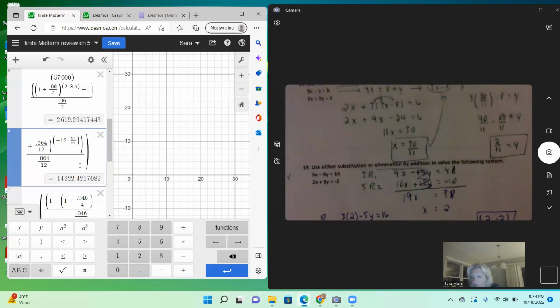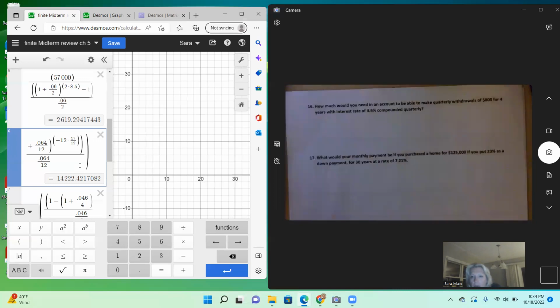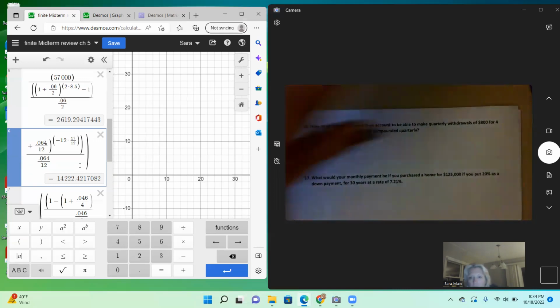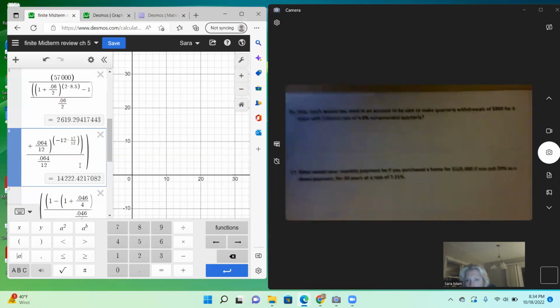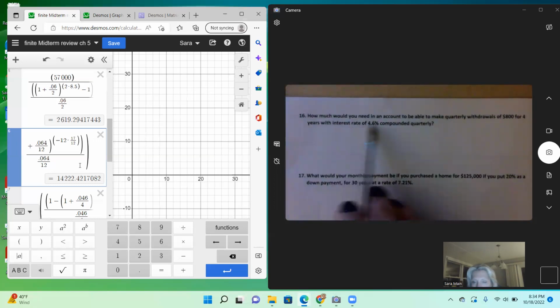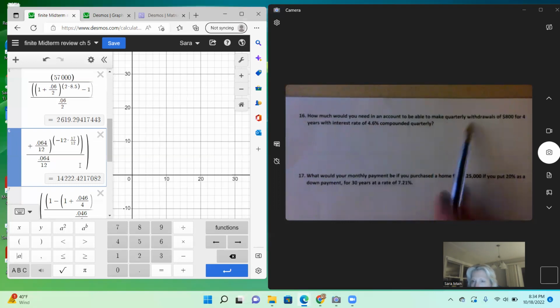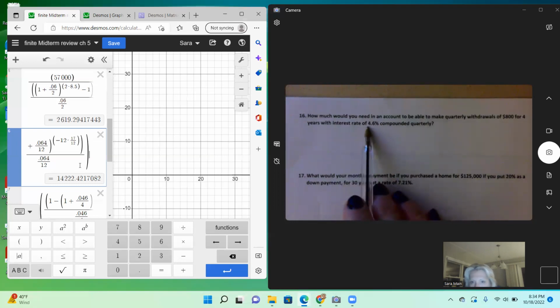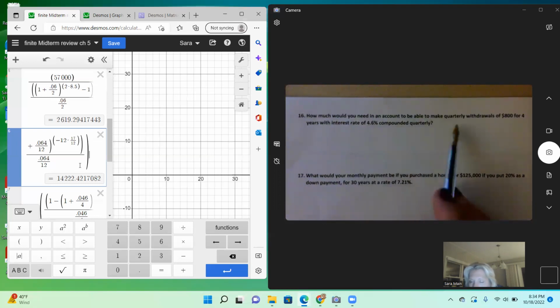Okay. So the problems are up here at the top of the page. So number 16 is, how much would you need in an account to be able to make quarterly withdrawals? So we want to pull out $800 for 4 years with an interest rate of 4.6% compounded quarterly. So we want to pull out $800. So what do I need in my account now if I would like to make